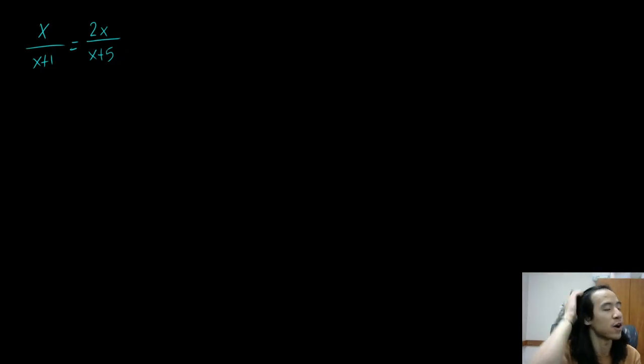Alright, so this you have fraction equals fraction, and you can do this in two different ways. And you can only do this first way if it's fraction equals fraction. And this first way is known as cross multiplication or the butterfly method. So, of course, whenever you circle the pairs that you're going to multiply, it does kind of look like a butterfly somewhat. So when you cross multiply, you should get x times x plus 5 is equal to 2x times